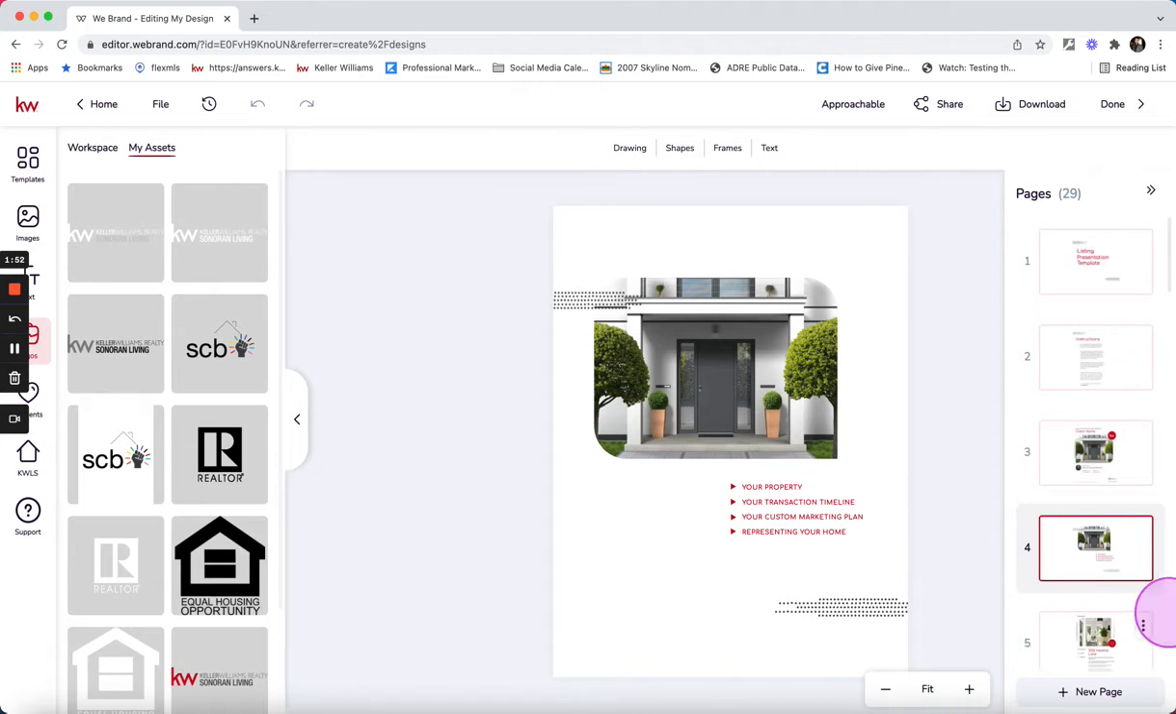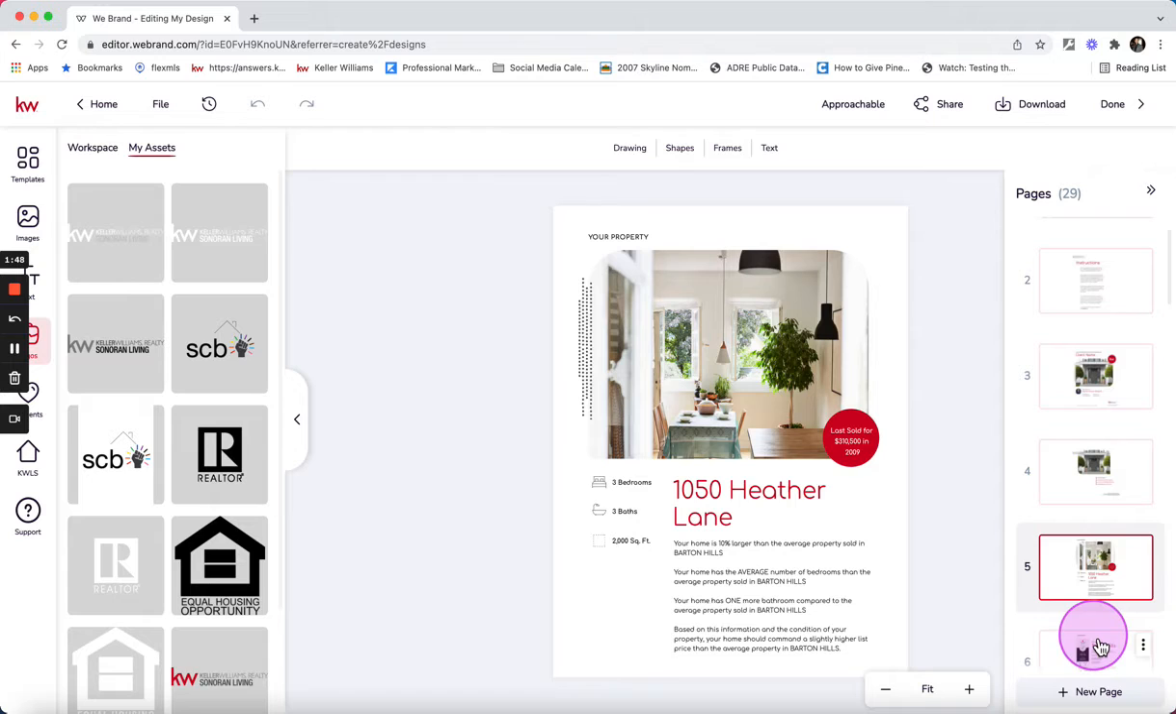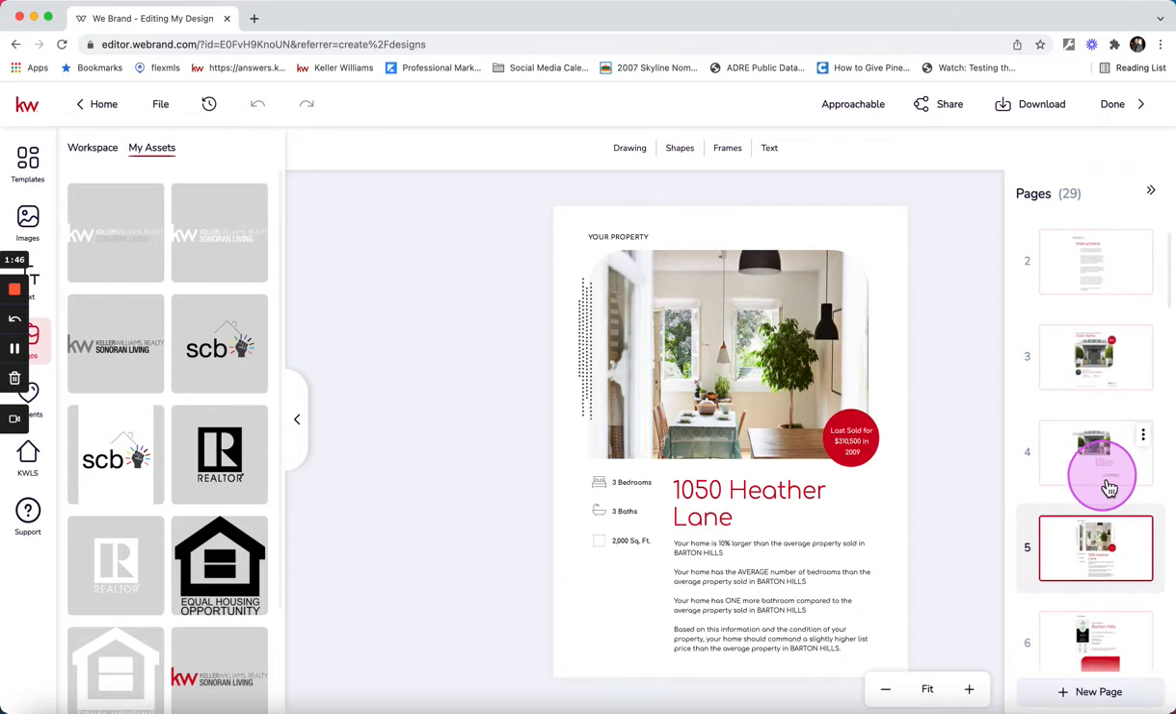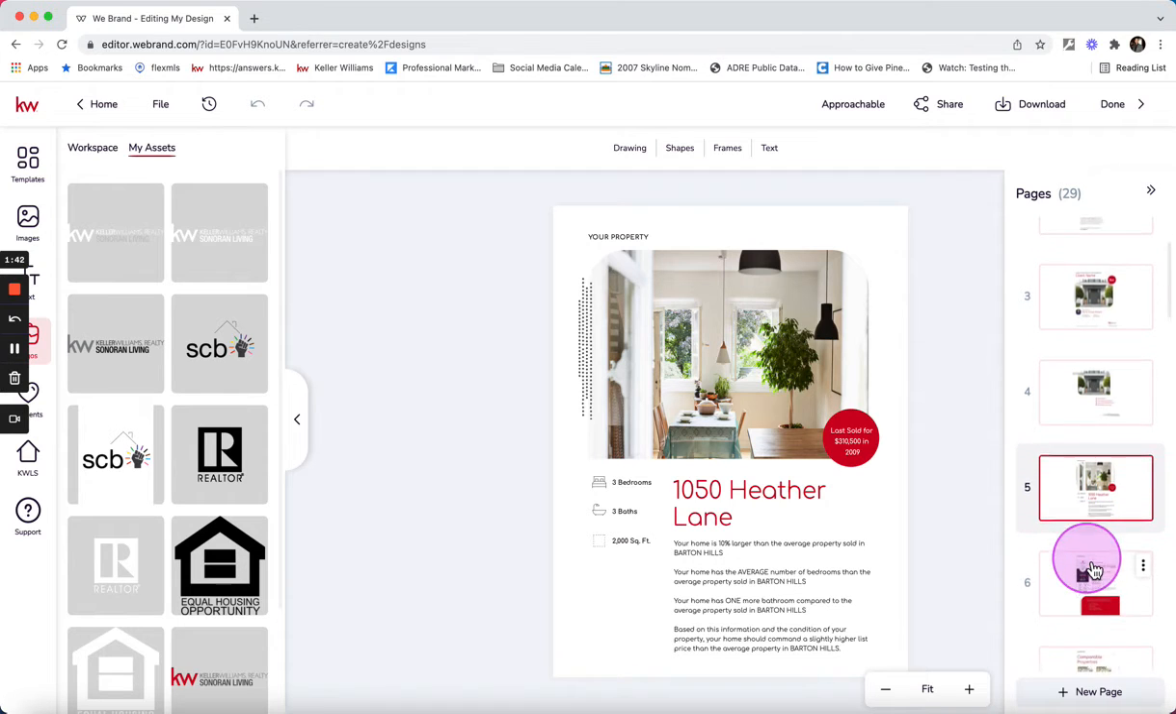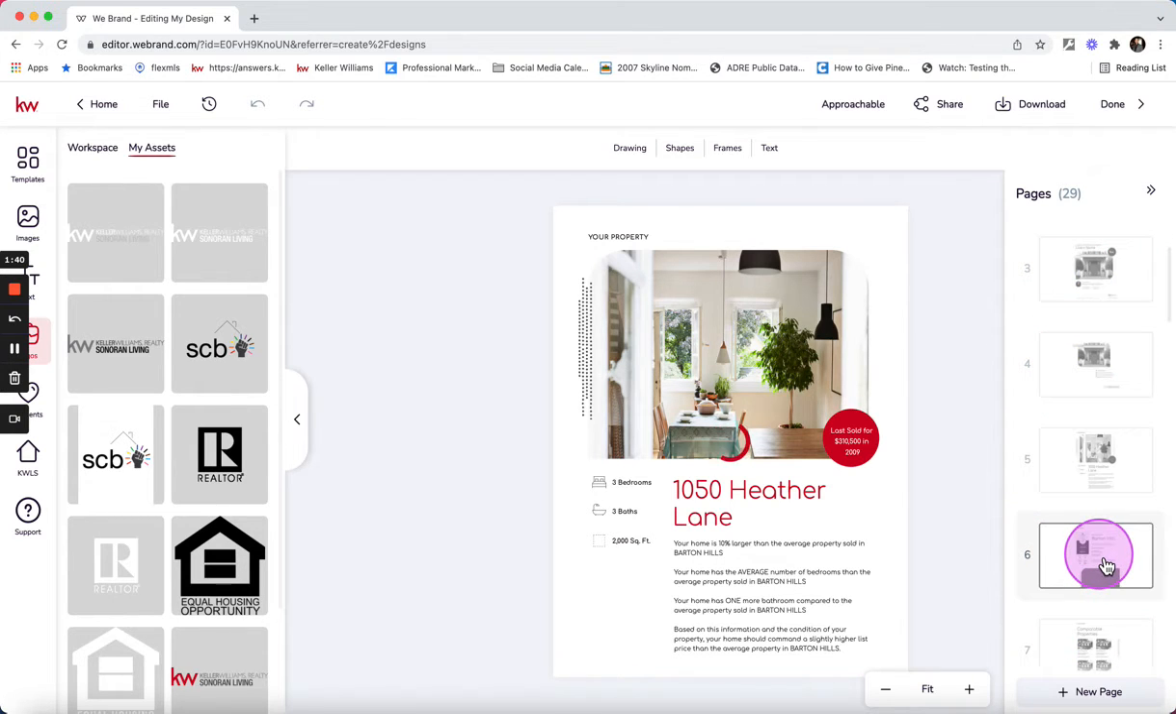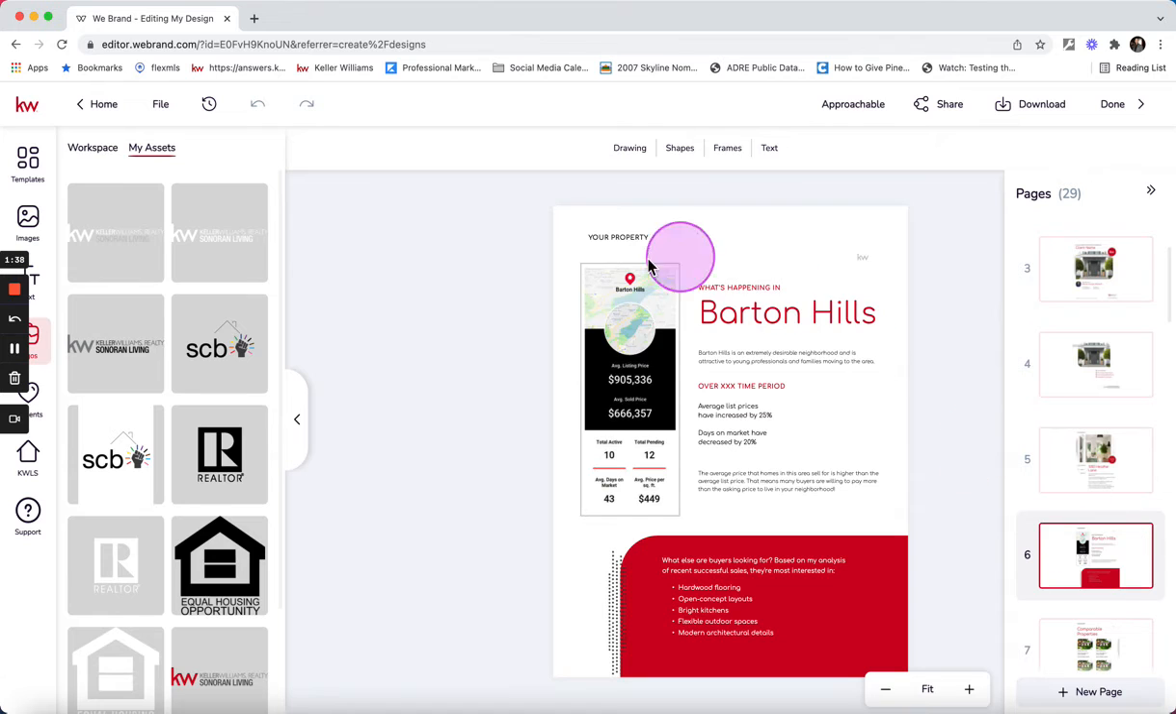That one looks pretty finished. Go to the next one and so forth. So you're going to go through and select your pages one at a time and work on editing them. One thing I want to point out is on page number 6, it has a neighborhood nurture